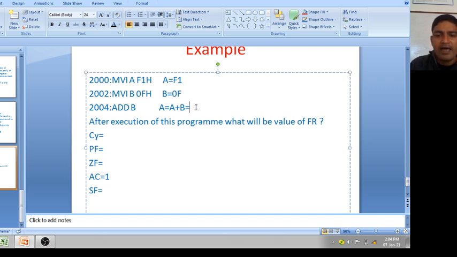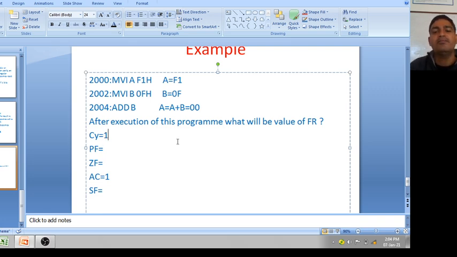F plus 1 is 16, 16 minus 16, 0. Then again F plus 1, again 0. So 00. Then 1 carry, 1 plus F 16, 16 minus 16, 0. Now this 1 is carry flag, so CY equal to 1.